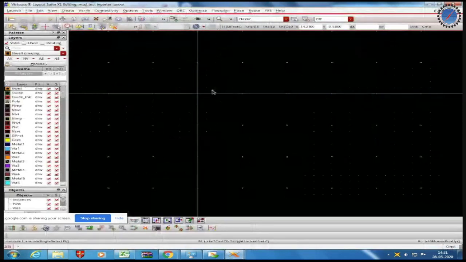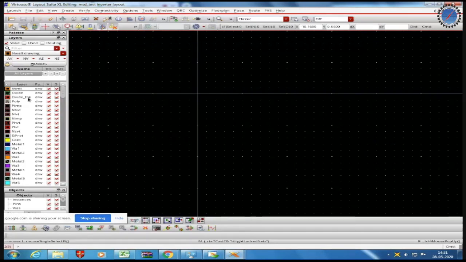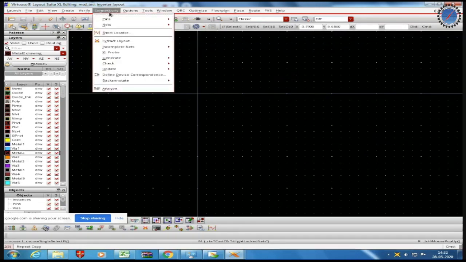This is a layout window where on the left side we have layers, different layers like NVEL, metal 1, metal 2 for doing the connections. Now in order to get PMOS, NMOS and the 4 pins VIN, VDD, VSS and Vout which are there in the schematic into the layout window, go to Connectivity, Generate All from Source.